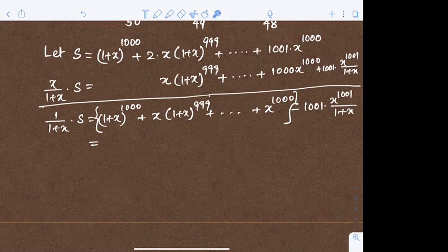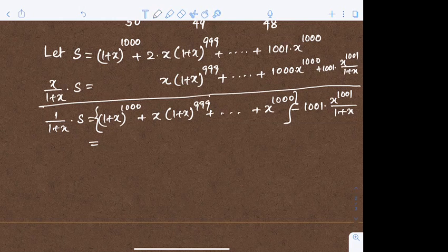Am I audible? Sir, 999 terms. না, (1 plus x) এর পাওয়ার 1000 আছে, তারপরে (1 plus x) এর পাওয়ার 999 আছে, আর লাস্ট টার্মে (1 plus x) নেই, মানে পাওয়ার 0 আছে। তাহলে 0 থেকে 1000 মানে 1001 টার্মস আছে।